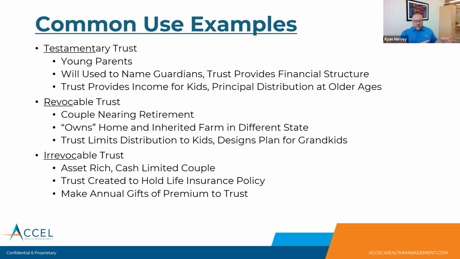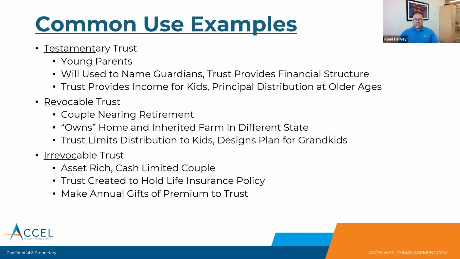You're going to save money, even though you pay a little bit more upfront. The cost of probate fees are going to be reduced dramatically. The cost of estate administration and the ease of estate administration improve. So that would be a reason to have a revocable trust. If you own properties in multiple states, that's another reason to have a revocable trust. The reason being, if I own a home in Iowa and I have a cabin in Wisconsin and I die with those in my name, there has to be a probate estate opened in each one of those two states. So if you want a headache, that's a great way to get one.